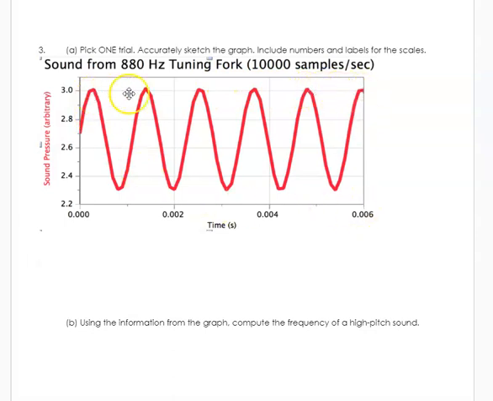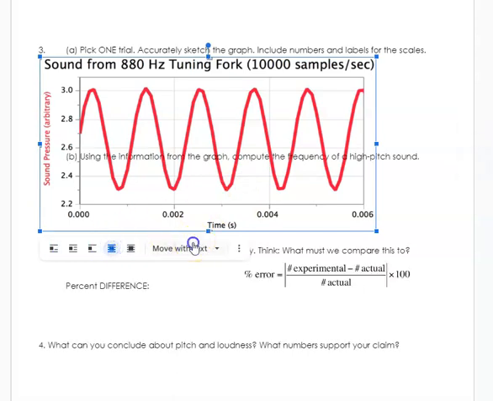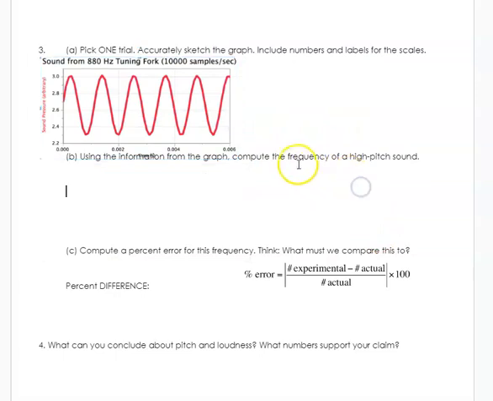Okay, so I counted how many full waves I had. I had 5 in 0.006 seconds. This is very fast. So I can use, you've got to listen closely, we did this several times in our notes, I can use the number of cycles that I saw, the number of vibrations that I saw, and the